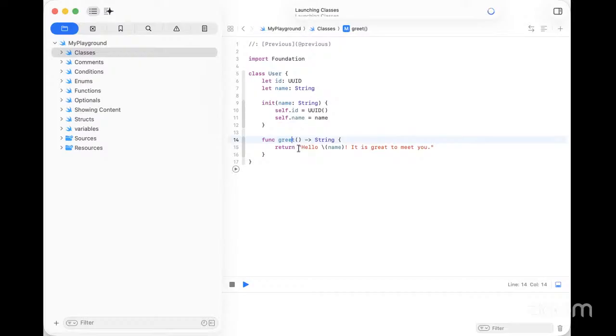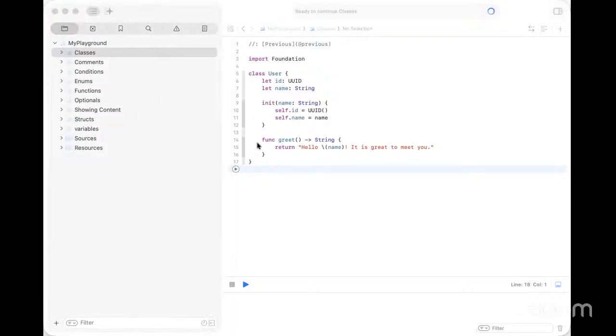Greet() -> String { and then we return our string. Okay. Then after our class is over, you have two right braces. Make sure to use your indentions correctly. And you should be on line 18 if you are following on where I am. And then we can do,